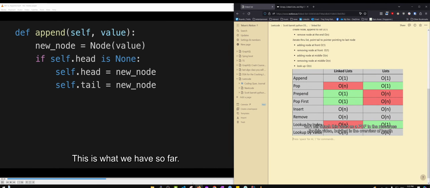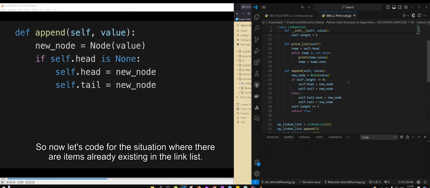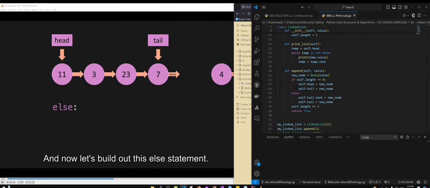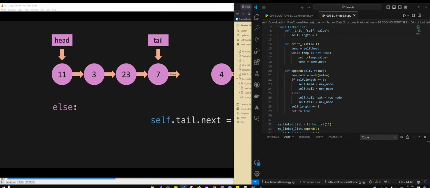This is what we have so far. So now let's code for the situation where there are items already existing in the linked list. We'll say else, and now let's build out this else statement. So we're going to say